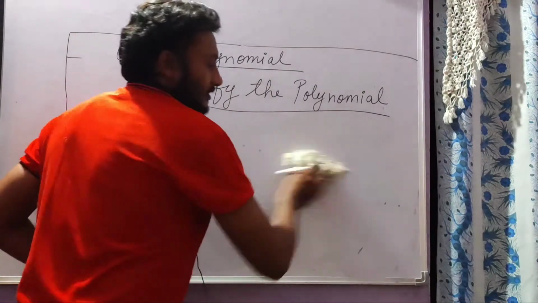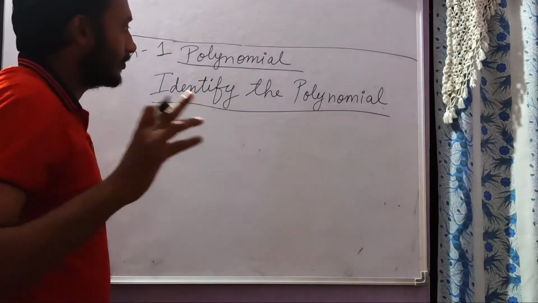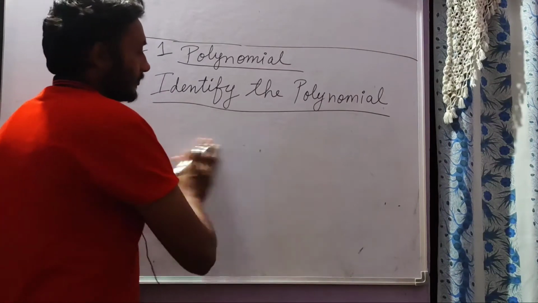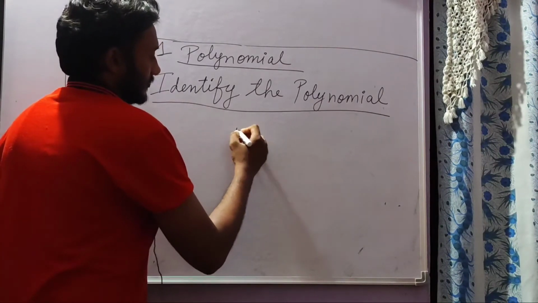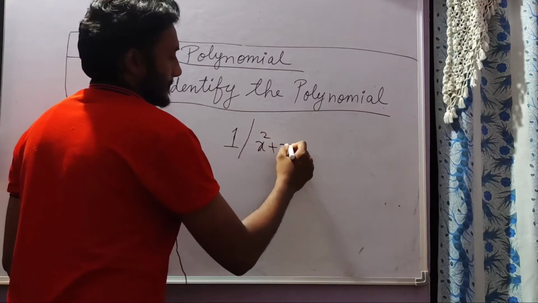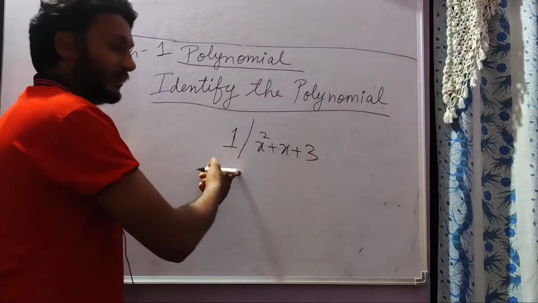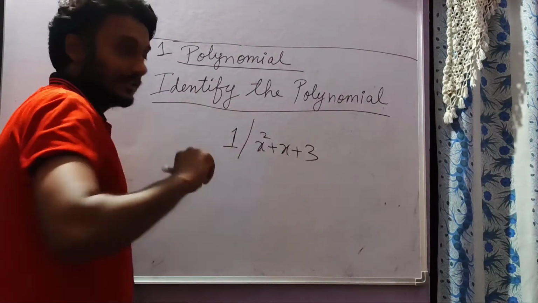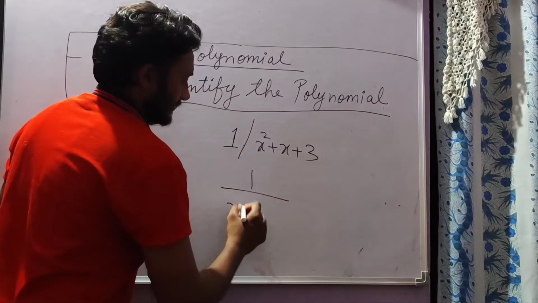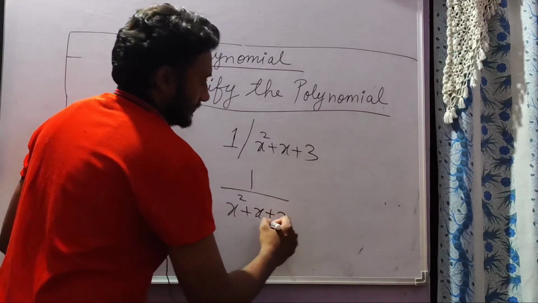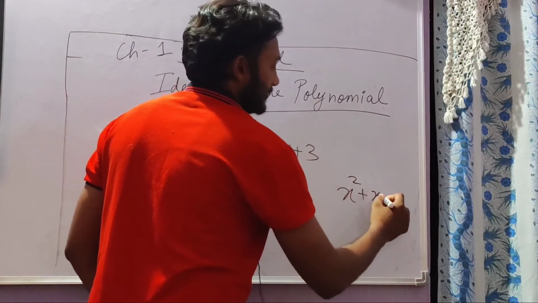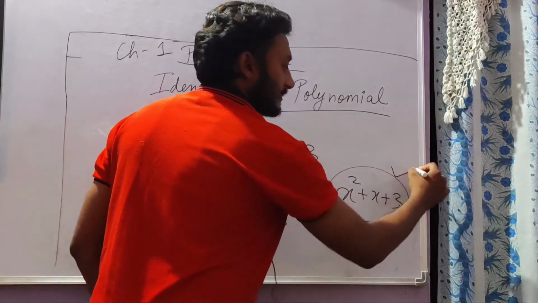The important points which you should know about, what are not polynomials. Polynomials कौन कौन से terms नहीं होंगे? 1 upon x square plus x plus 3. x square plus, what does it mean? इसका मतलब क्या होता है? I can write like this. See, this is a polynomial. If it is written alone in the numerator x square plus x plus 3, then definitely this is a polynomial.